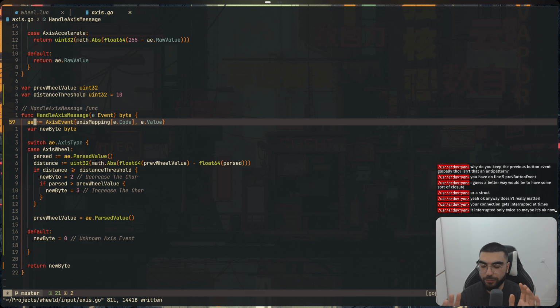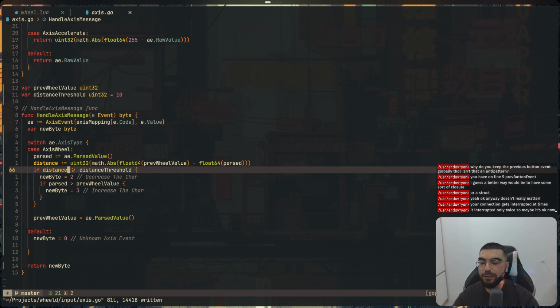For example, the previous value was 0 and I rotate it 7 degrees. Current one is 7. The absolute value is 7. 7 isn't greater than 10, so we don't do anything. Only when I reach 10, because I have greater than or equal here, and the previous one is 0, only then